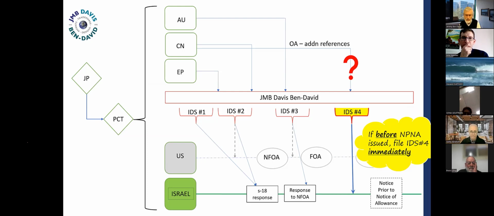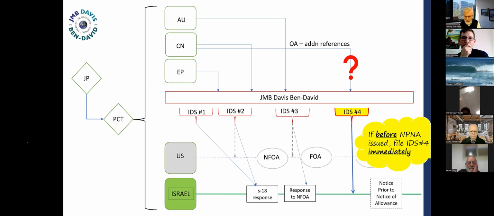Okay, now we all know very well, at least in Israel, that once examination has finished, the examiner has said, I'm done here, and he issues the notice prior to the notice of allowance, inviting us to pay the issue fee, he will not pick up that case again.